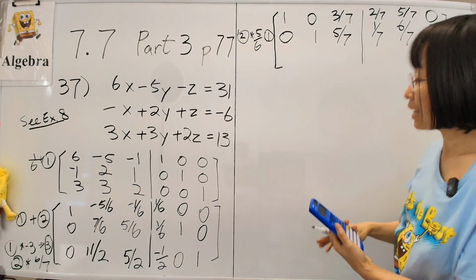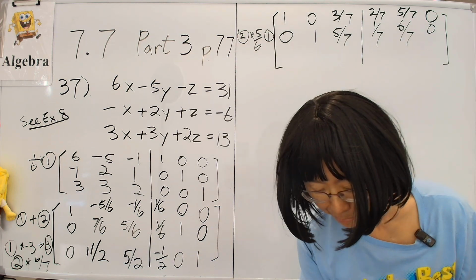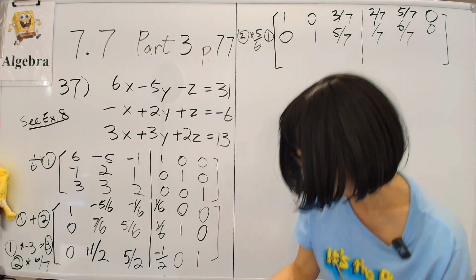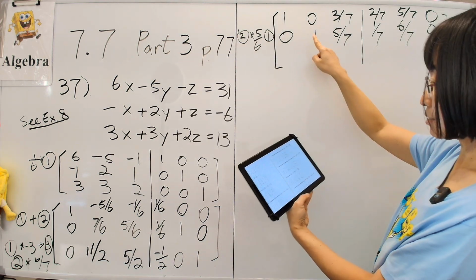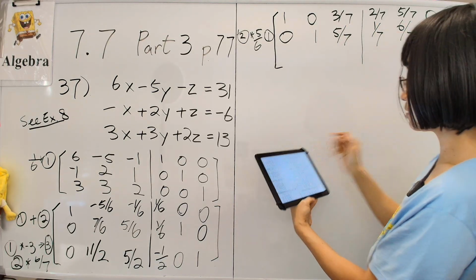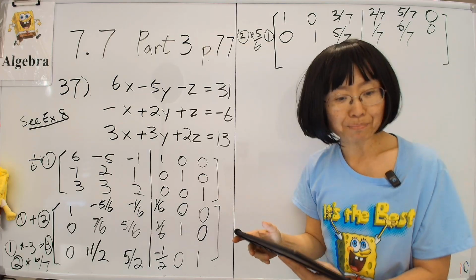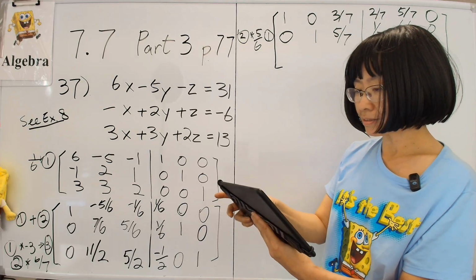Okay, so that is the next part. And so let me double check everything. After I did this, I got 1, 0, 3/7, 2/7, 5/7, and 0. All right, so far so good. And then let's do the next step. The next step is